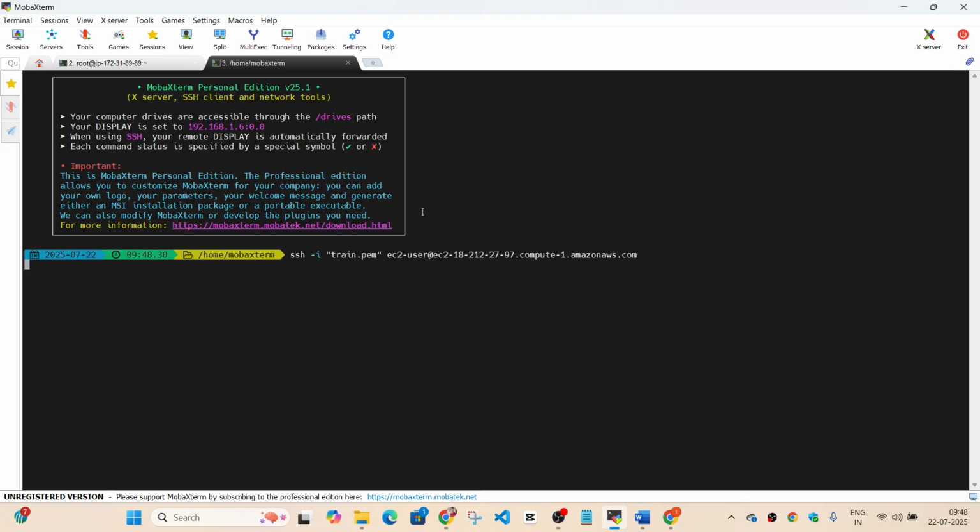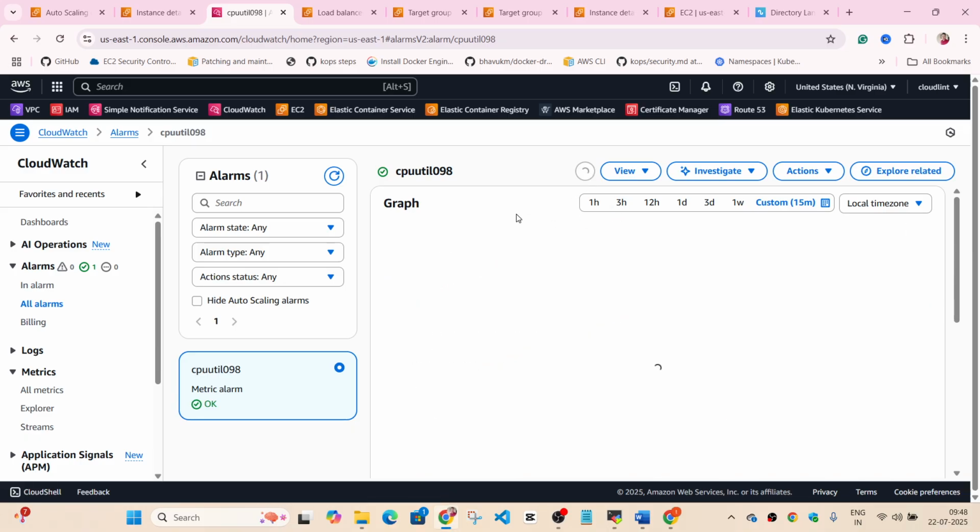How much is the current CPU utilization on the instance? Using the incorrect IP address.